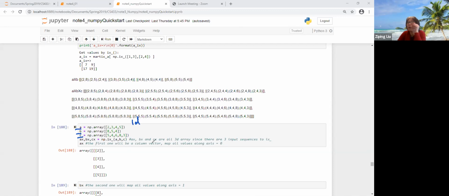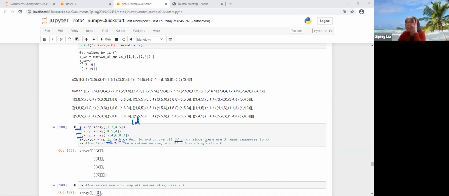Then you plug all these 3 1-dimensional arrays into this ix underscore method, and as we previously explained, it's going to build the mesh. This time that's going to give you back a 3D array,